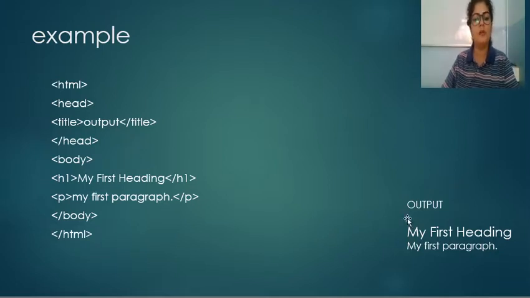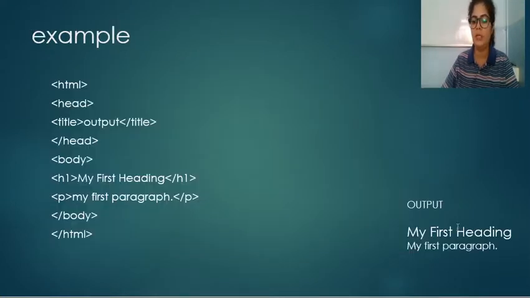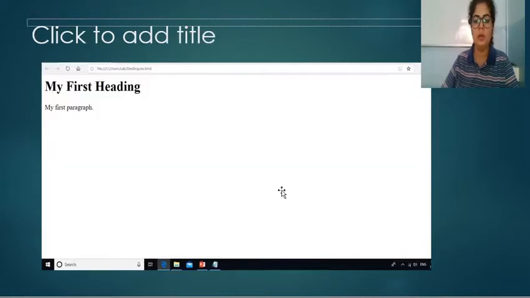Students, that was all for today. I will show you an example of how you have to save the code and how you have to execute the code. And tomorrow we will study the rest of the tags, because there are so many tags available. So today we have studied only basic tags which are used to create a simple HTML page. I have also taken an example of how it will display as a web page when we run it. So this is the output of that page. Here I have taken only a snapshot of the whole web page.